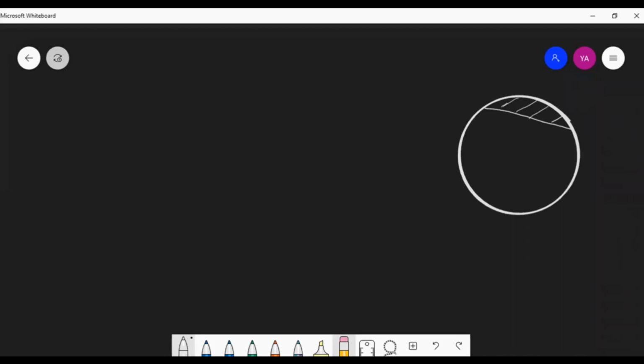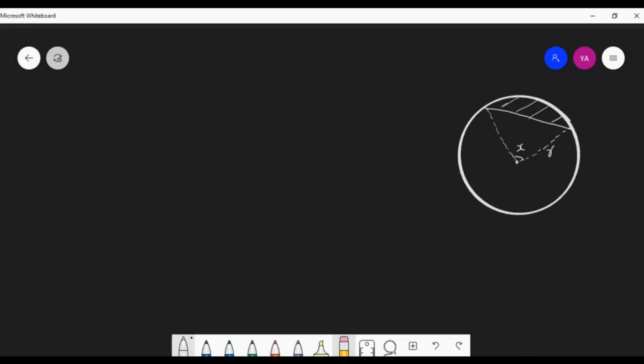So how can we find the area of the shaded region? Suppose this is the center, we can join the endpoints of this chord with the center. So we want to find the area of the segment. Is it possible by any subtraction method? Area of sector minus area of triangle. Yes, I got the answer from one student. Area of the corresponding sector minus the area of this triangle formed by this chord and two radii.